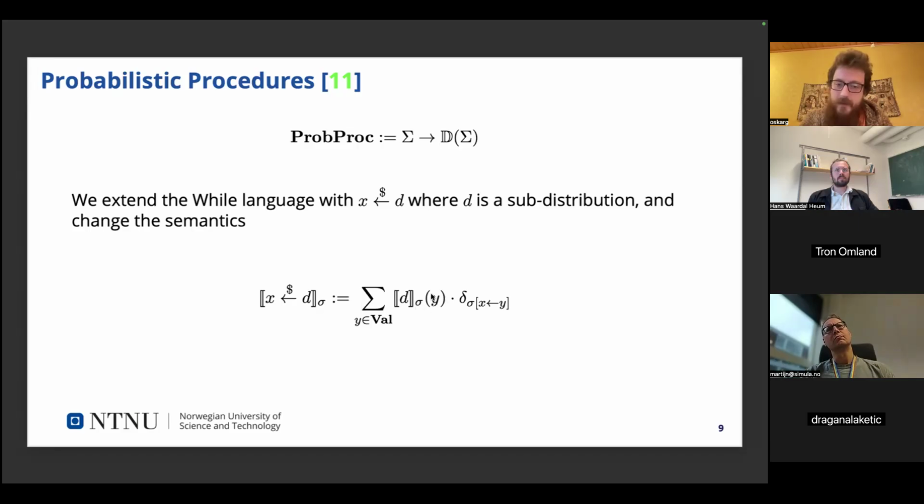And then you say, what's the probability of getting y? And you substitute in the distribution that is just 1 at the state where y is assigned to x and 0 everywhere else, and you sum up all of these subdistributions.